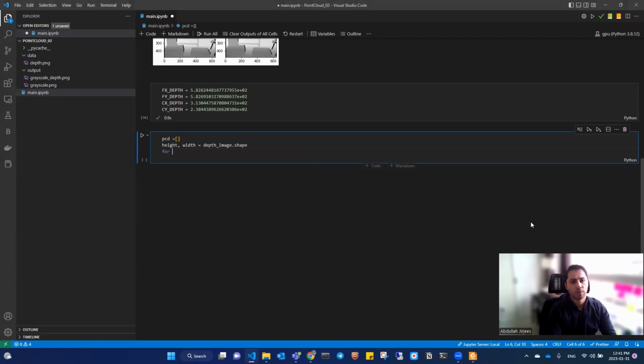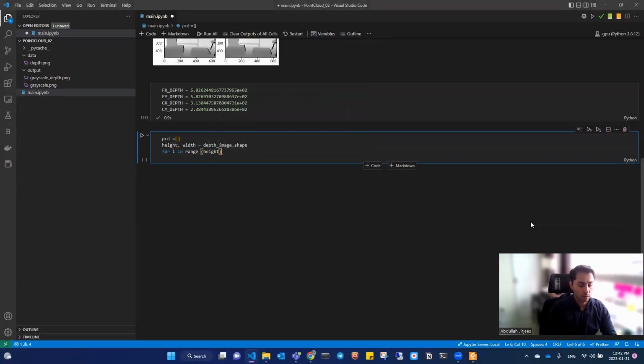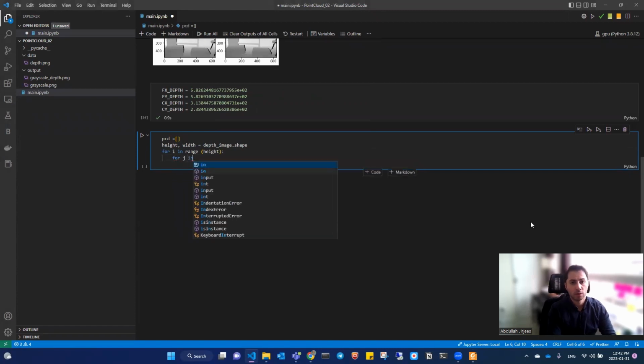For the first for loop, I will have i in the range of the height, and the second for loop is for j in the range of the width. What did I write? Anyway, I will fix it. There is an extra T here. So in the range of width,